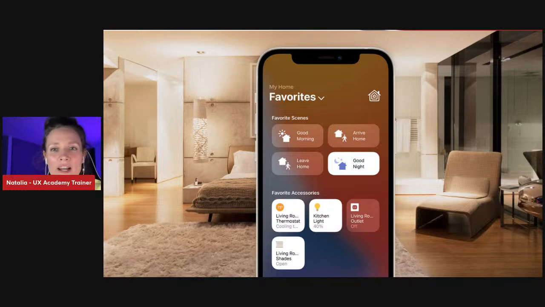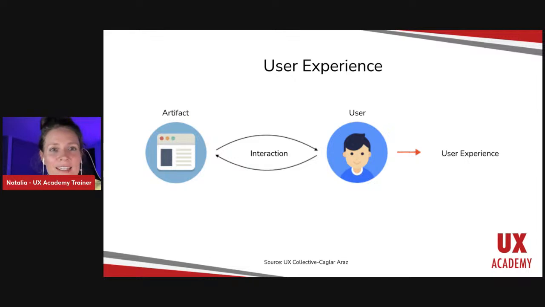But what actually is user experience? When we speak about user experience, it is an interaction between artifacts and a user. So a user is everyone who is using a product. It's you, me, any customer, anyone on the street, in your home. So everyone who interacts with any kind of the devices that I just showed, or any kind of application or website, if you are paying your bills, if you are opening a visa, if you are uploading your application for university. So all that is some interaction of you as a user with artifacts.